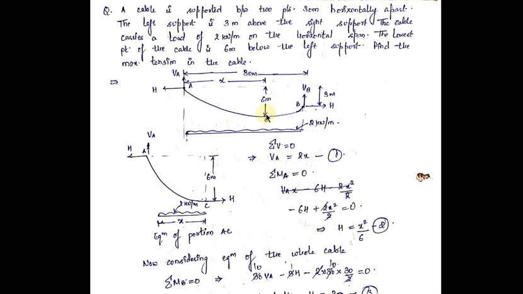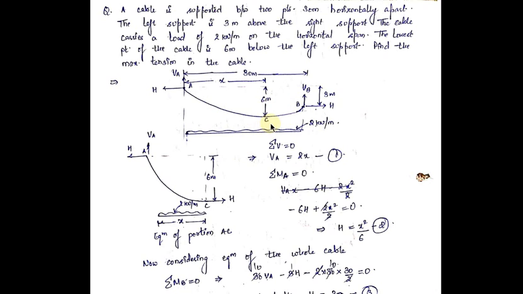We have already done a question on the maximum tension, on how we find its value. We know that maximum tension is equal to the square root of VA squared plus H squared. VA is the vertical reaction at A, and H is the horizontal thrust at the supports. So in order to find the maximum tension, we will first have to find the values of VA and H. Now we will see how we find VA and H when the ends of the cable are at different levels.